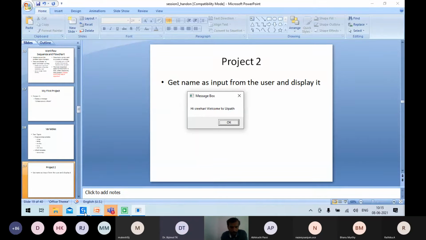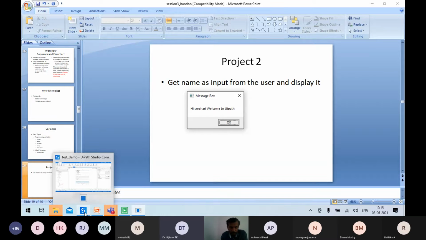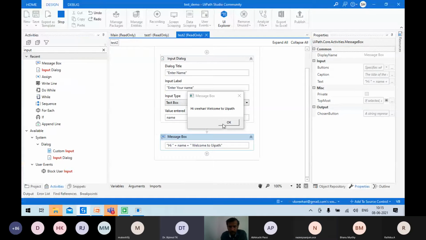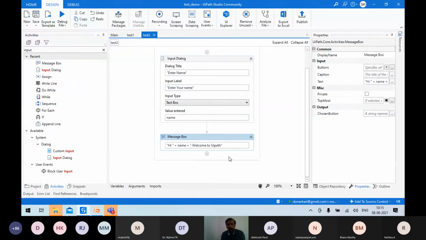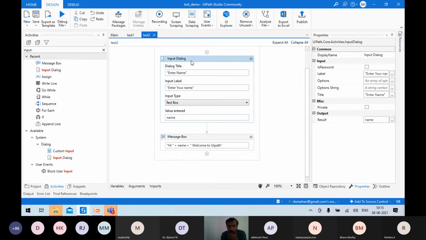Can you explain how to select the properties pane once again? Sure. If you click OK over here, you'll have the window again. You have an input dialog box. When you click on that input dialog box, at the top, on the right side, you will see the properties.